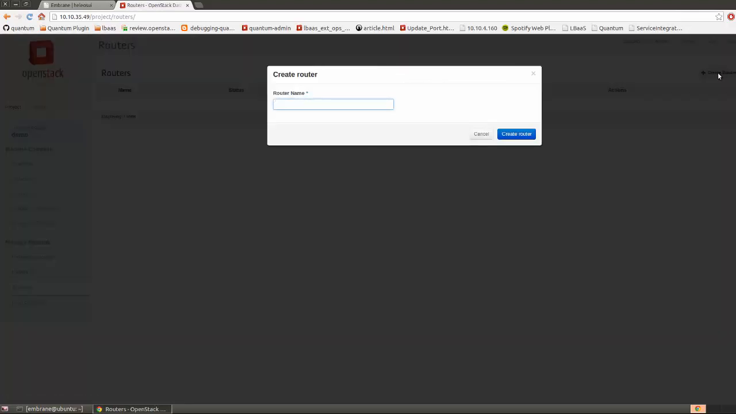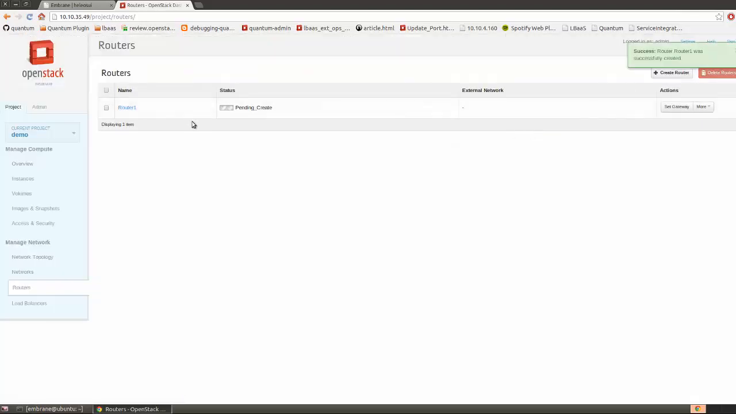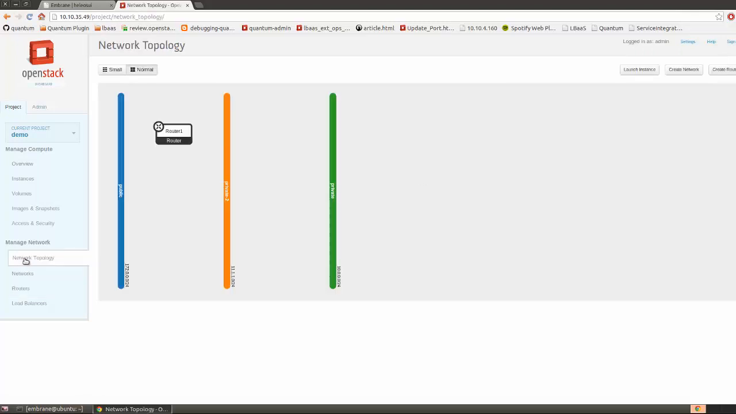Okay, now we can create our first router, which will use the underlying Embrane plugin to be created. And here the router is in pending create state. Let's see our network topology now. And as we can see, we have basically three networks with a subnet each, and this cool router with no